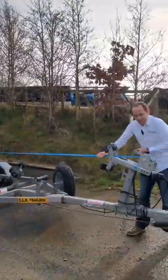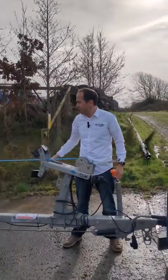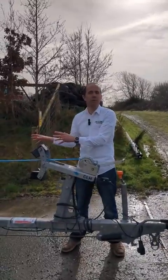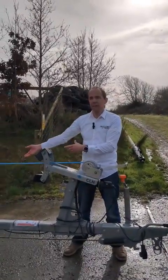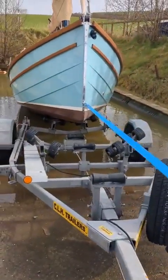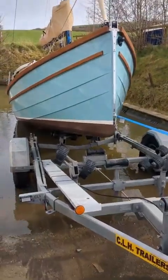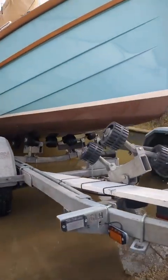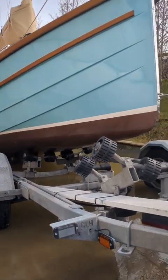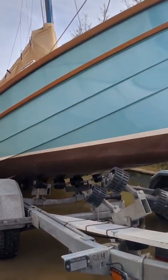So this is a swinging cradle trailer, which is the one we've used for years now, and we've got a little procedure for making sure that the boat comes on straight. That's to do with how the trailer is set up. If anyone wants that information, then just email us, and we'll be happy to share it. It's to do with the cradle rollers at the back. They can sometimes come from the manufacturer a little bit out of line, and that means your boat always goes on askew. Whereas this trailer's all right, it's been set up fine, and the boat should come on pretty much